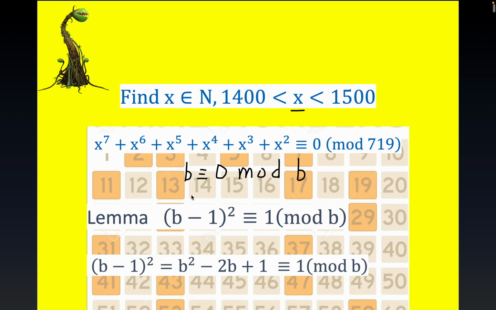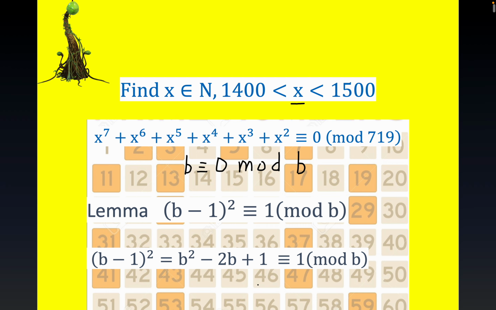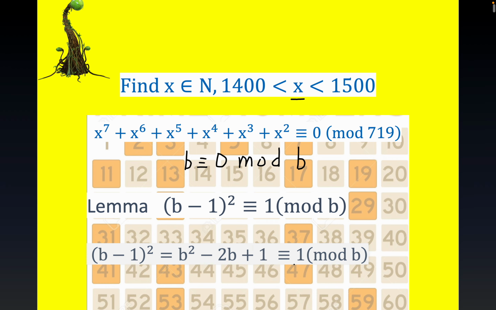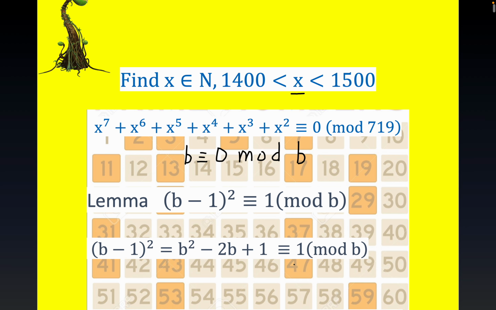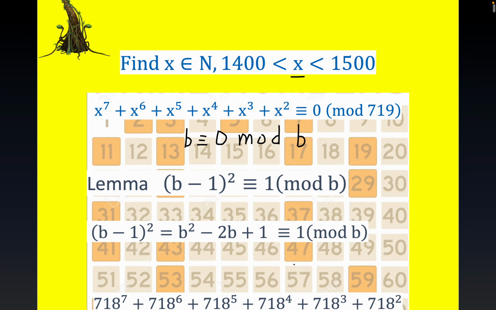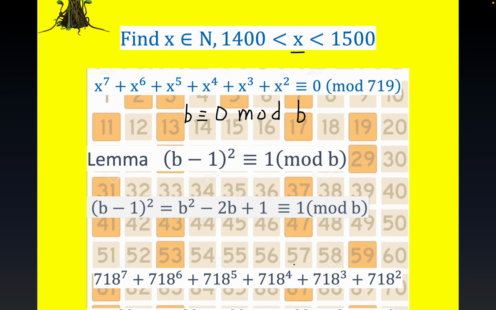If you don't trust this statement right here, just substituting 0 in and getting 1 out, this is also a proof for all of these. Two terms are both congruent to 0 as well, and you get that b minus 1, which is serving as the modulus, quantity squared is congruent to 1. Now that simplifies things immensely as far as calculating solutions to these congruences, because notice that if we choose b